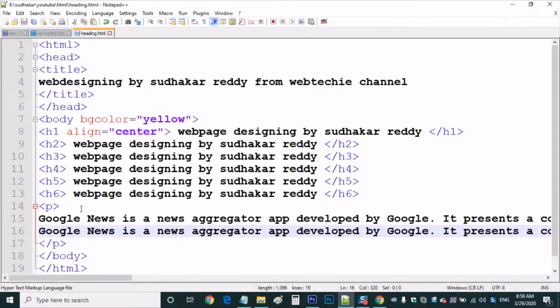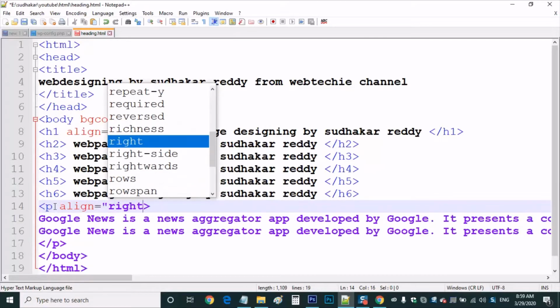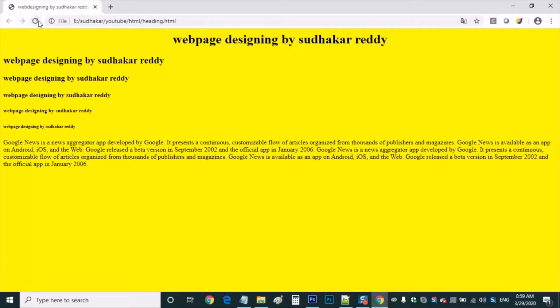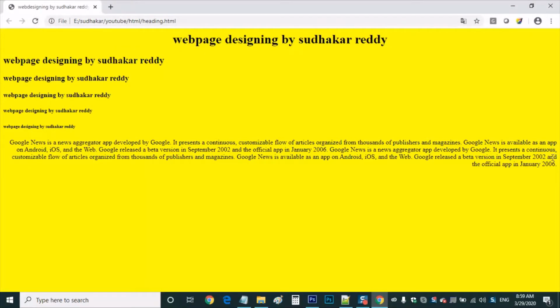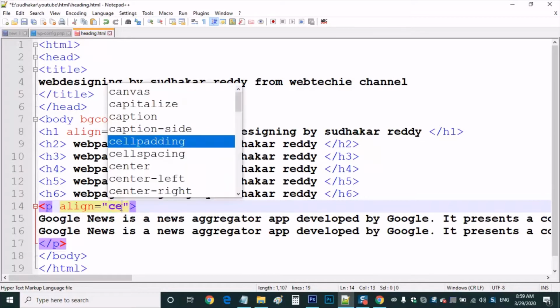So I want to align it to the right side. I can say align equals to right. Save this file and run this. Can you see it is right side aligned? In a similar way, see, on the left side it is zigzag. If I give it center, what happens?